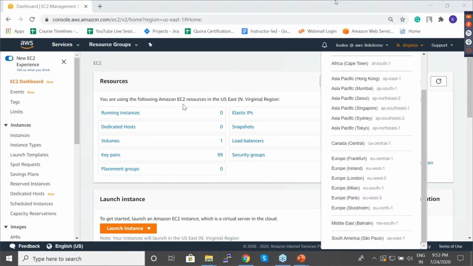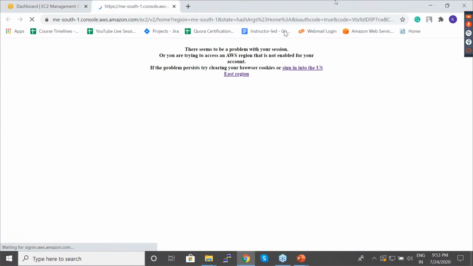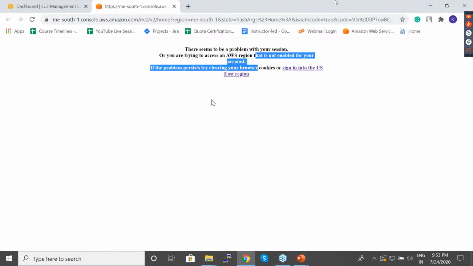Cape Town and Bahrain are showing under available regions. Are they completely live? I guess so, but let's just check that. The problem is newly launched availability zones or regions will not have all this. I think there is a problem. This region is not eligible for my account as well.